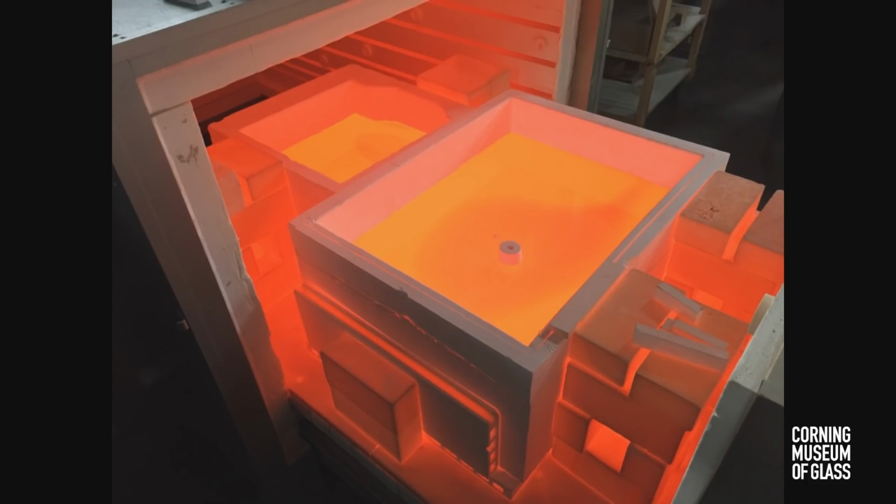Glass has to go through this process called annealing, which is basically, it just means controlled cooling. And for these forms, as glass gets thicker, the cooling time for the glass gets exponentially longer. So something that's a wine glass can cool down from being formed in 30 minutes. Something that's twice as thick will take 4 times as long, and then suddenly it multiplies out. So these pieces are about 6 weeks, and if you think that's tough,